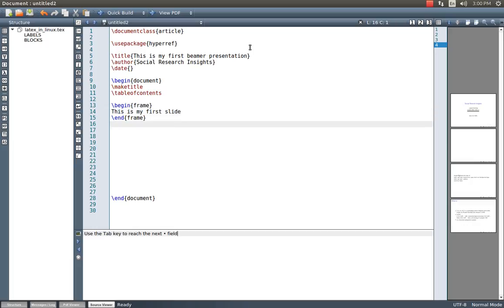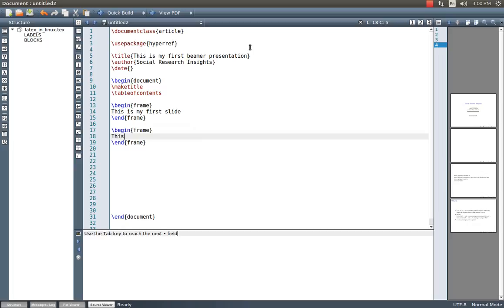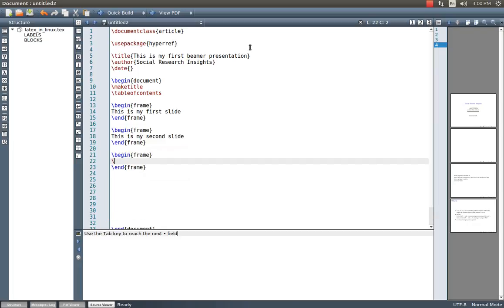And later \begin{frame}, my second frame or slide. This is my second slide. Now I want to create a frame for itemized data or information. Frame begin